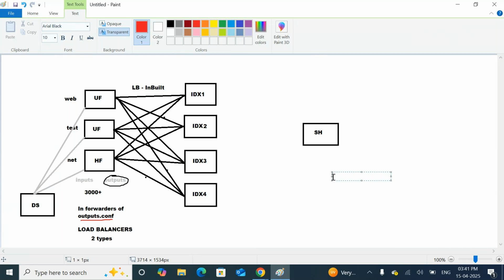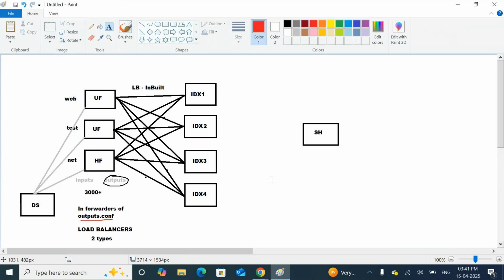Sir, last point, could you repeat again, sir? In any environment, if you work in Splunk and you have more than one indexer, this concept is entirely the same.